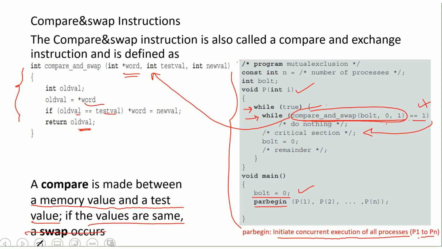After executing the critical section, process P1 will set bolt again equal to 0 so that the next process can enter into the critical section. After setting bolt equal to 0, process 1 will execute the remainder portion and then terminate. At the same time, if some other process finds bolt is not equal to 0 and enters, this condition will be true for that process and it will do nothing. It will wait for P1 to complete its execution.